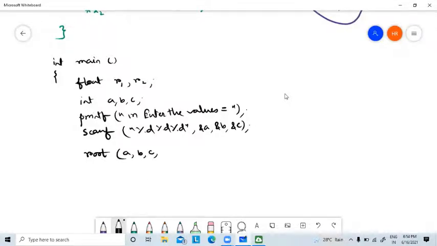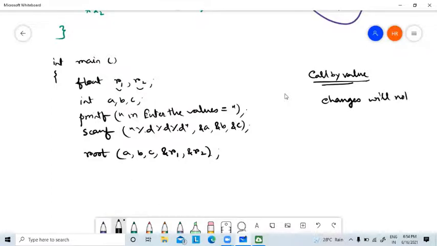Then since we need these two values from the function, we need to return these two values from the function. So I will do this by passing as call by address. If we perform call by value, we have seen what will happen? Changes will not reflect. Correct?